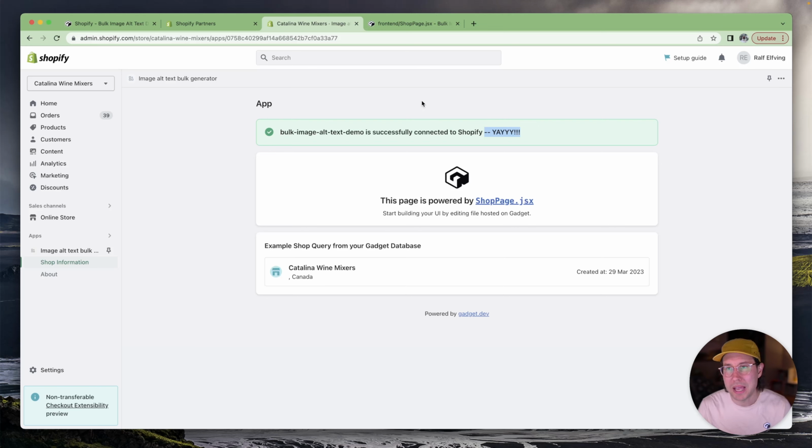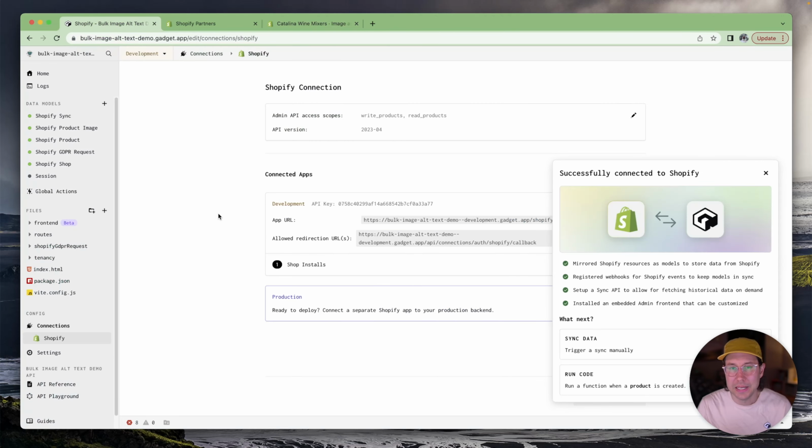So let's go back to Gadget and do all of this. I'm going to close this one right here. There's a couple of things that we want to do. Let's start with the front end and set that up, and then we'll move over to the back end and the code file that does that. So like I said previously,